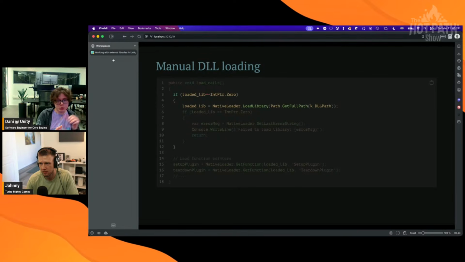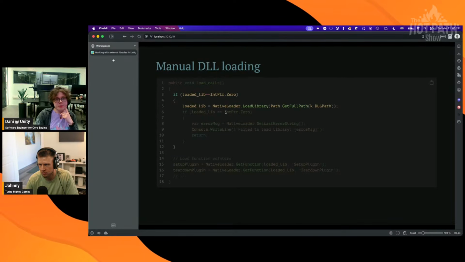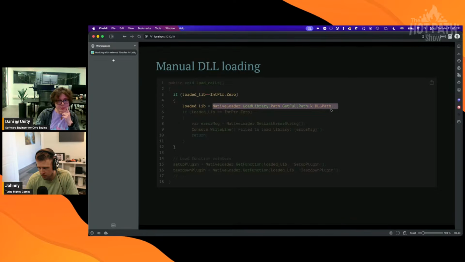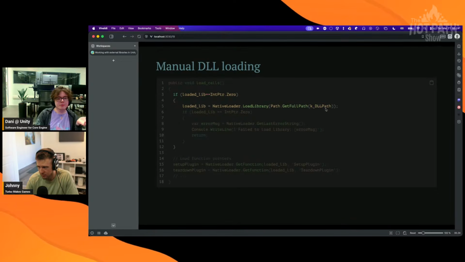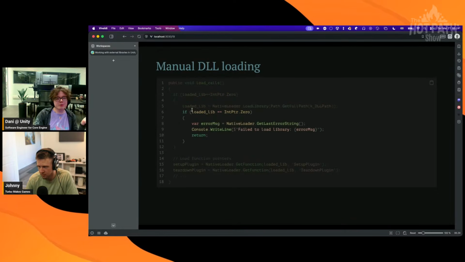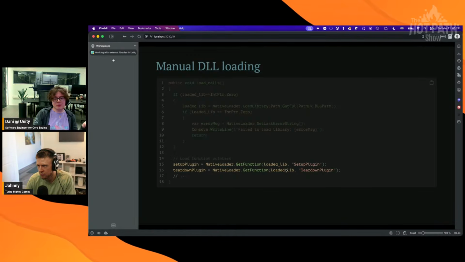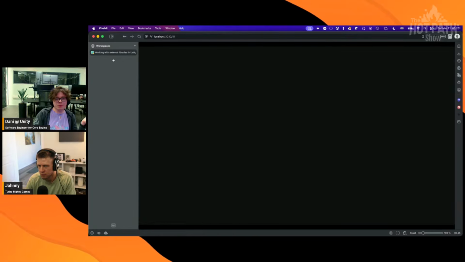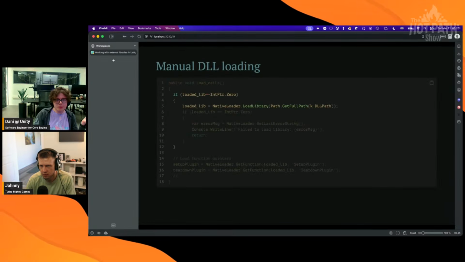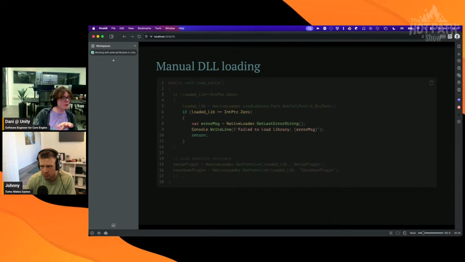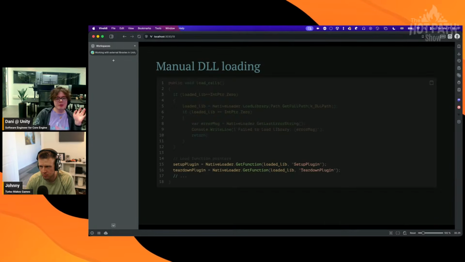Now, the way that load calls works is very simple. If we haven't loaded the library, we load the library at the path of the library. We then make sure that we actually loaded it. If it's still 0, that means something went wrong, and we should log the error for why it went wrong. And then once we know that it's actually loaded correctly, we can just ask, hey, this DLL that we just loaded,